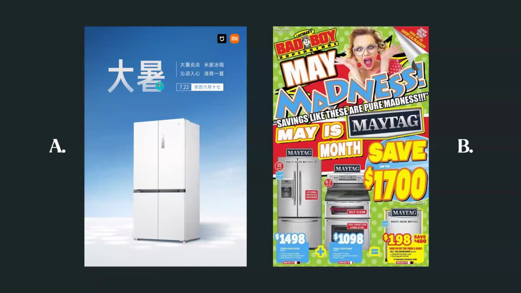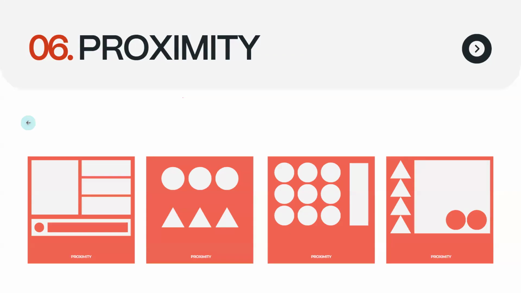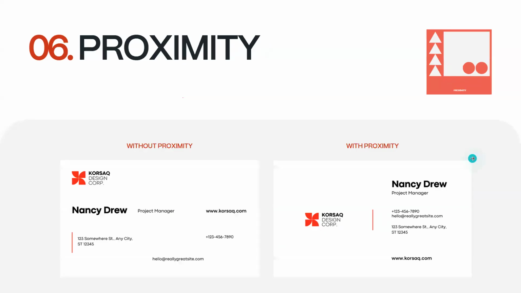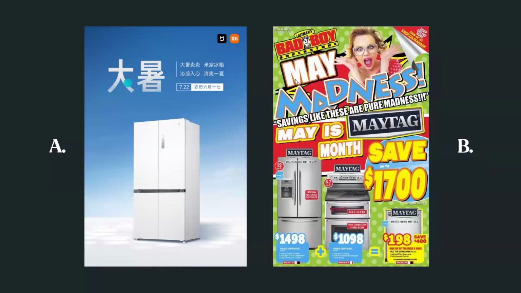And as I said about hierarchy, our eye goes first here, then here, right? But if you look here, you can't look at it for 5 minutes straight. It's just so bizarre.